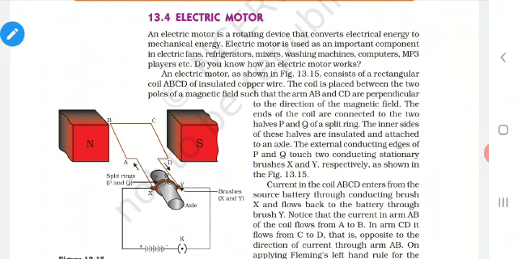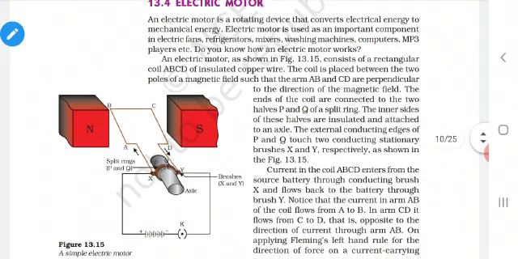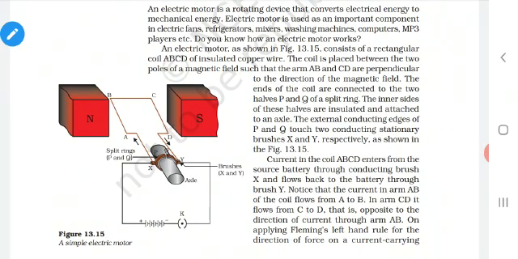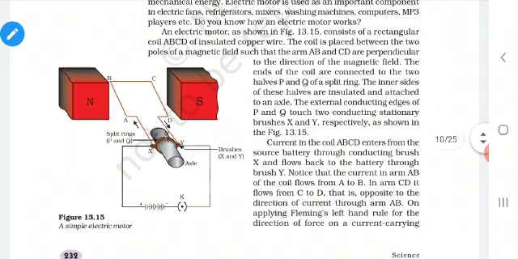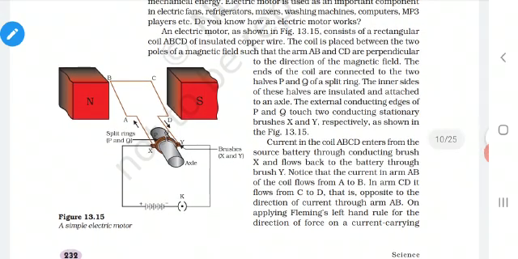So what happens as soon as you switch on the fan? The fan starts rotating, isn't it? Why does the fan rotate? It is because of the motor inside that. Now we are going to see how this electric motor rotates and how it works. Before going to this electric motor, let us recall what we have seen in the